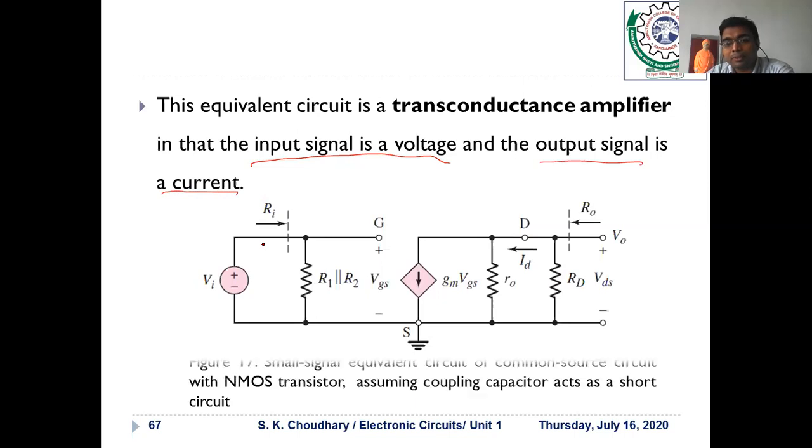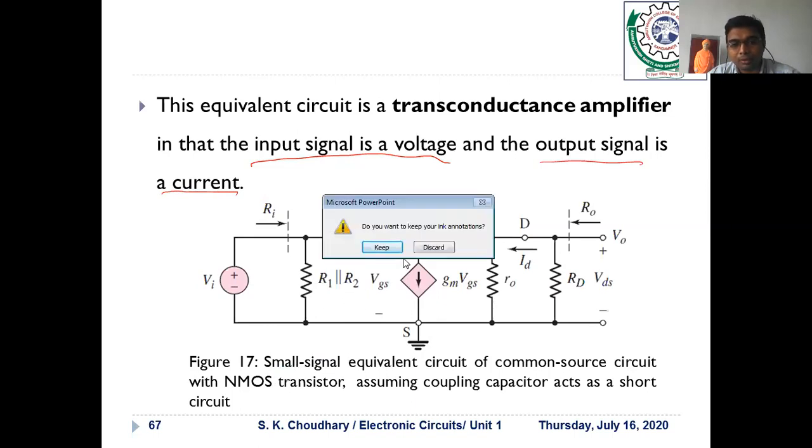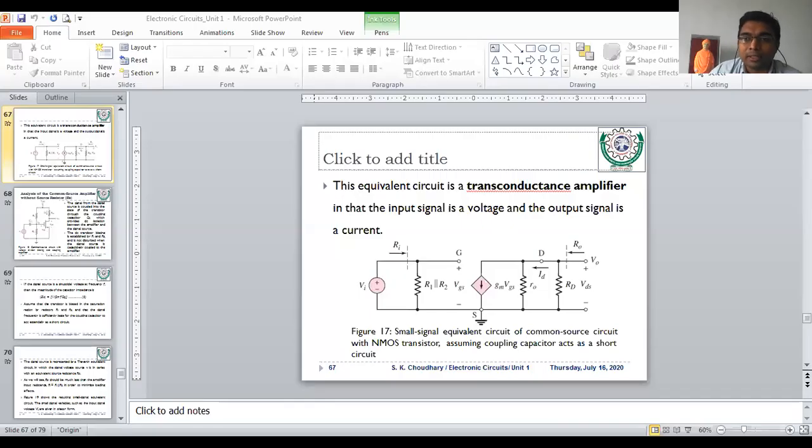Now in the diagram, I have drawn the small signal equivalent circuit of the common source circuit. Which common source circuit, if you have to remember? Does anyone remember? Okay, I will move to the point where we see how to draw this particular circuit. Everyone be ready with your pen and notebook. See here, I am drawing the common source circuit that we have taken initially.